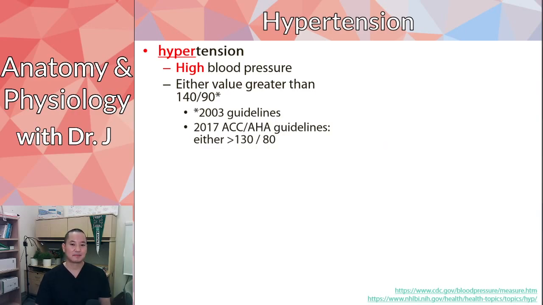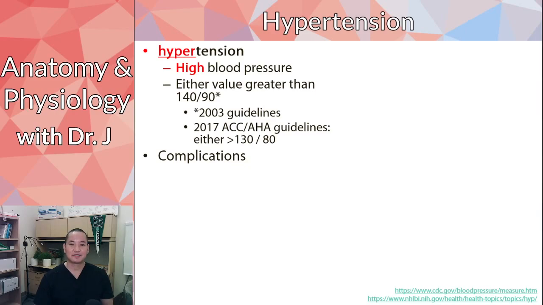And what happened, just like in my previous lecture, is that they lowered the threshold by 10 millimeters mercury in both the systolic and diastolic. So I think for this class, this is probably the last year I'll use this 140/90 systolic and diastolic. But next, if you're watching this in 2022, we're going to use these new guidelines right here. Unless they change it again, then I have to record this whole lecture.